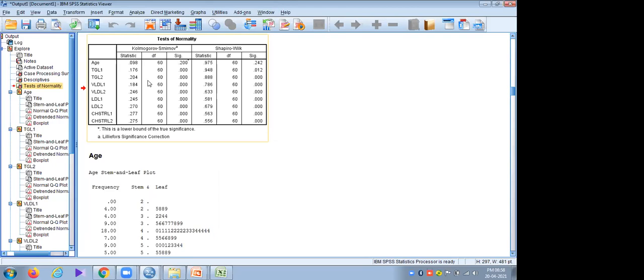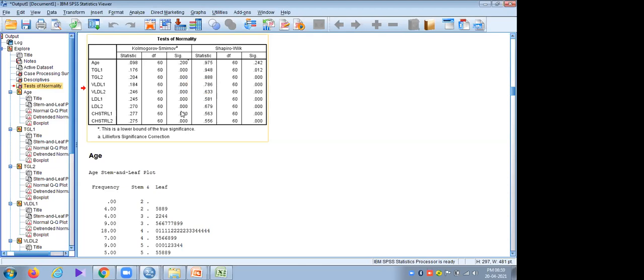So from here, we can see that as the sample size is 60, we can take the results of the Kolmogorov-Smirnov test. And here only the age variable shows normality, as the significance is 0.200, which is greater than 0.05. Only age follows normality, and all other variables have significance 0.000, which means the data is not normal.